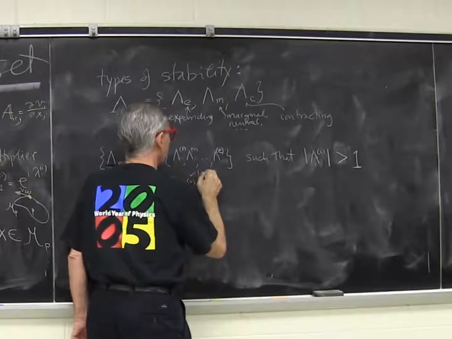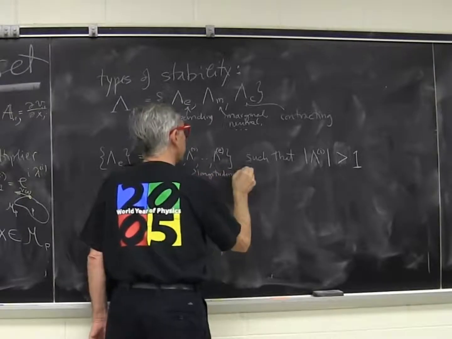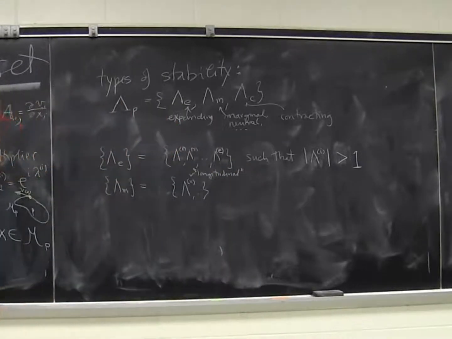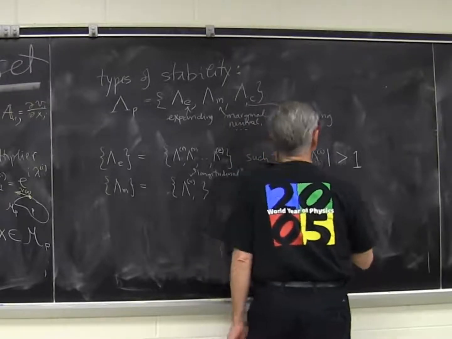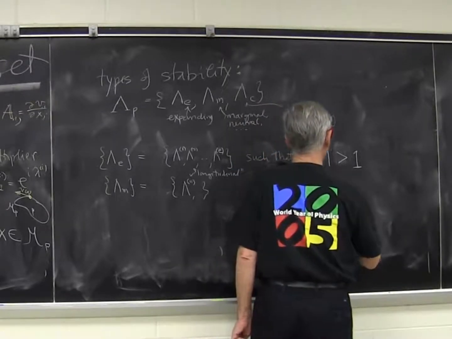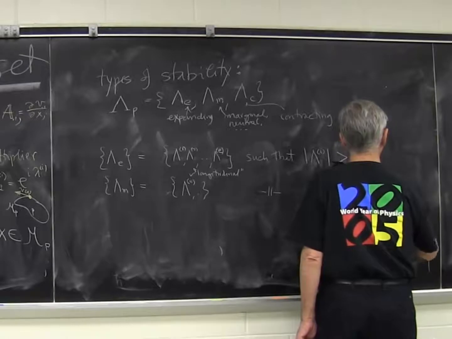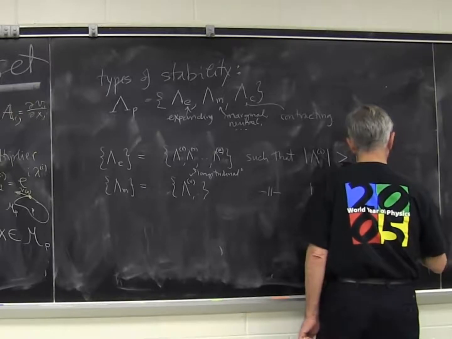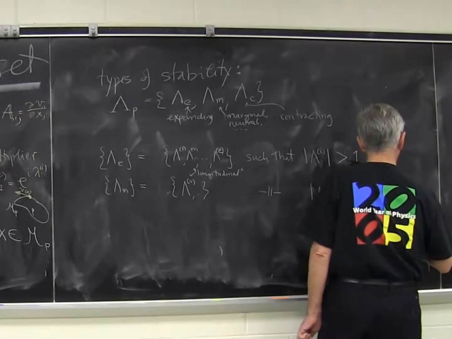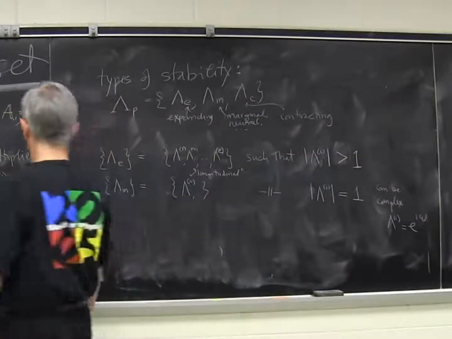You know, meaning, I'll call it longitudinal. It's a bad word I learned in quantum field theory, but it means it's parallel to the flow, such that anybody in this set has magnitude strictly 1, and it can be complex. So it could have a form Lambda_i is e to the i omega that I didn't write here.